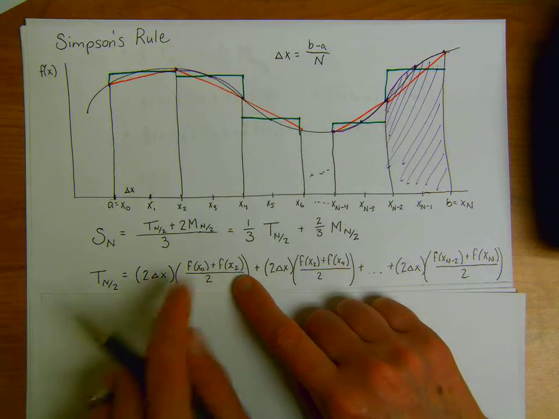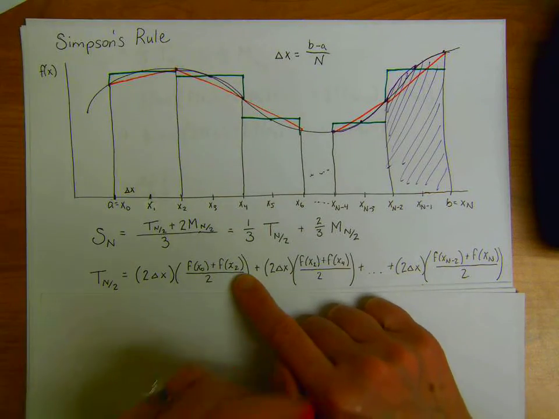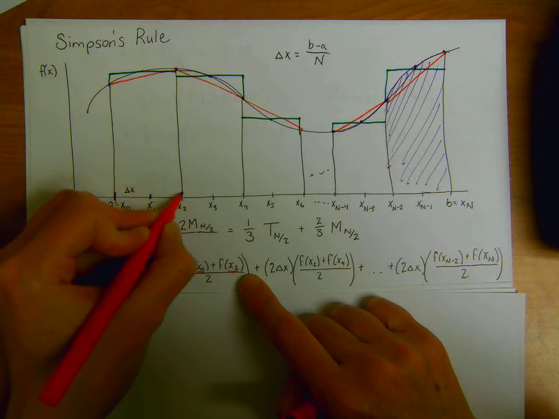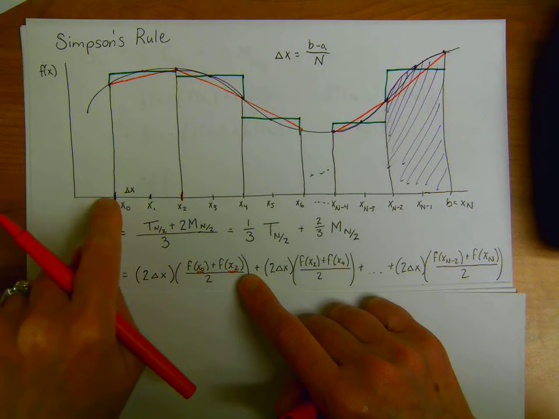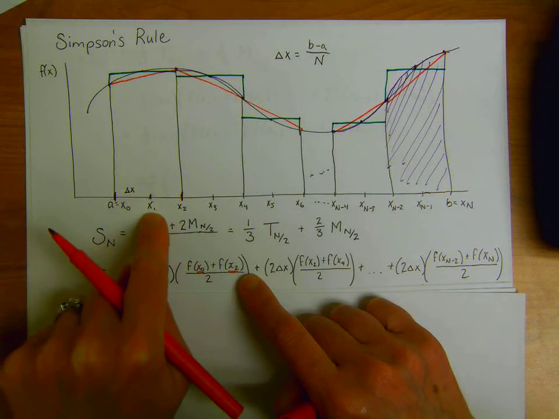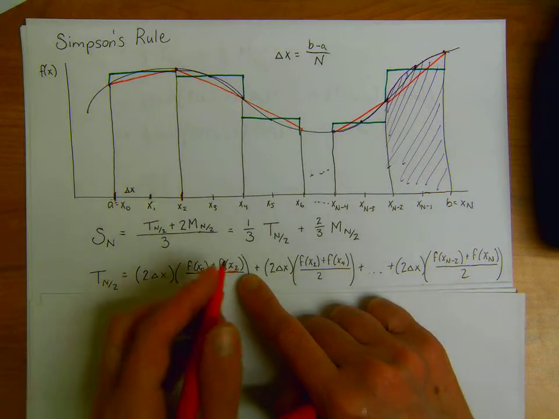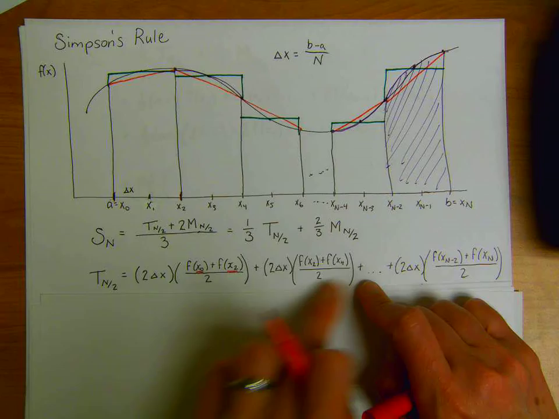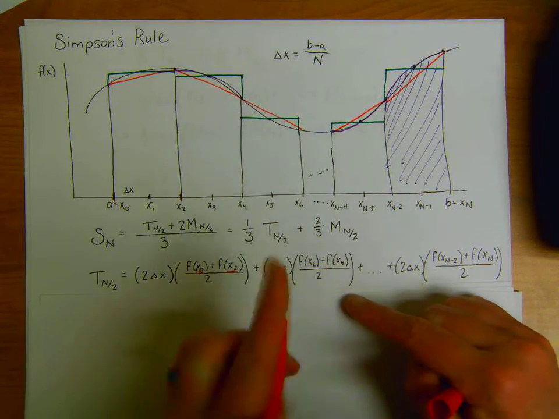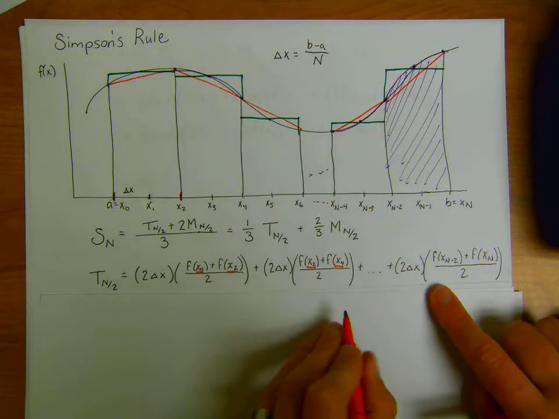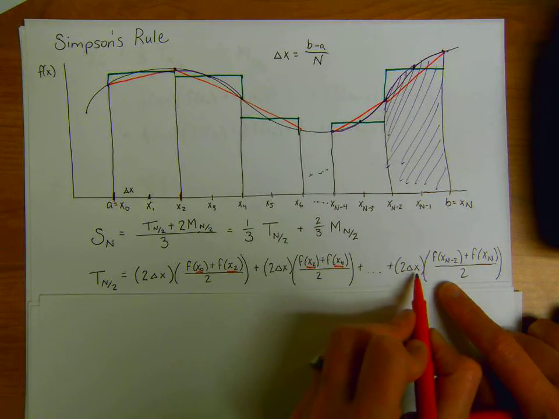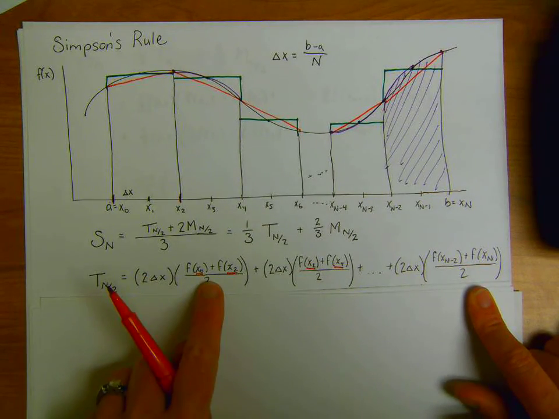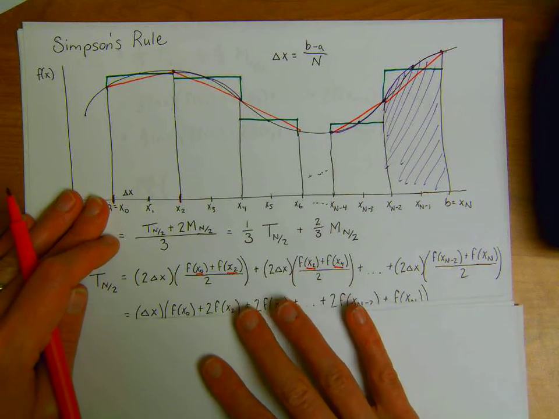And then the average of the heights, notice that these heights are only going to be the even numbered indexes on x, because we're only taking the initial and the second. The x sub 1 is the midpoint, and so it's not going to be included. And if we do this over and over, so this is the first trapezoid, the area of the second trapezoid is the fat base times the average of the heights, where both of those are even values. And you continue on all the way to the very end, where it's the fat base times the average of these two heights. You notice algebraically that these 2's cancel,